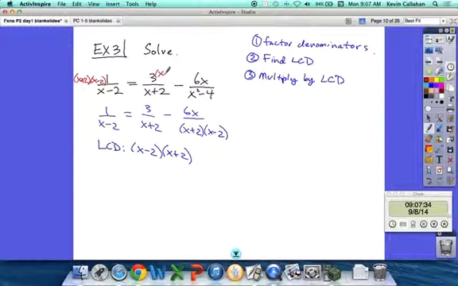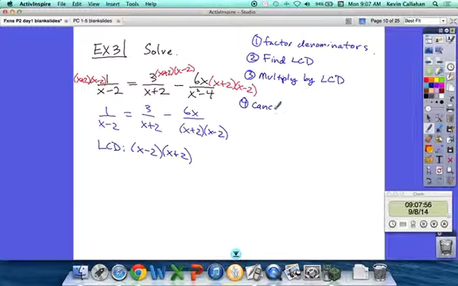Multiply x plus 2 times x minus 2. X plus 2 times x minus 2. Step 4, just like we did in the last problem,